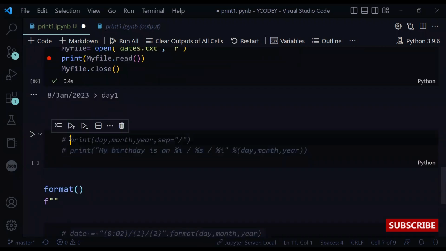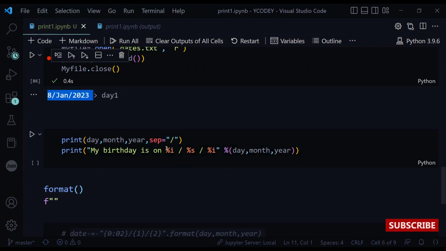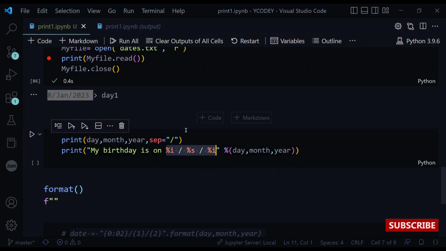Okay, so we have printed the day, month, year separated by these, and I want that format in a long sentence. So I want to have this: "My birthday is on" this date. This date I want to be here. Then I have this day here and year, month.